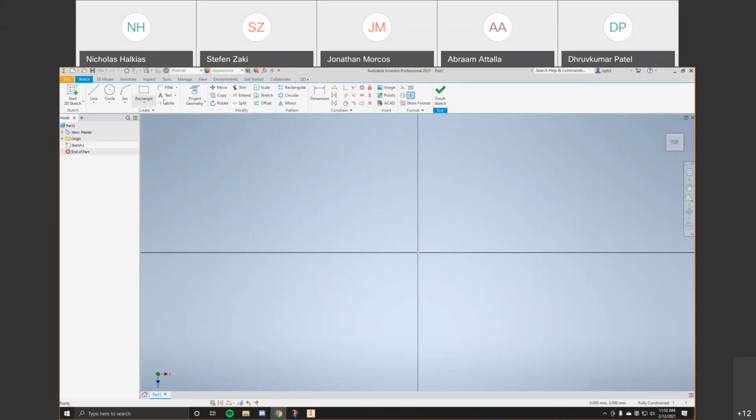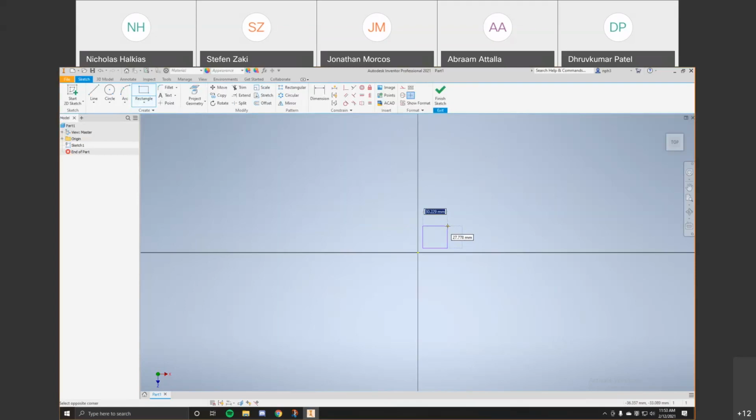So I'm going to select, so up here we have lines, circles, arcs, and rectangles. I want to create a rectangle. So you just click this. You also have all different options. You can also create slots and polygons, but we just want our 2-point rectangle for now. And you can place this anywhere in the coordinate plane. I'm just going to place it in this quadrant right here. So I'm just going to click. And now,